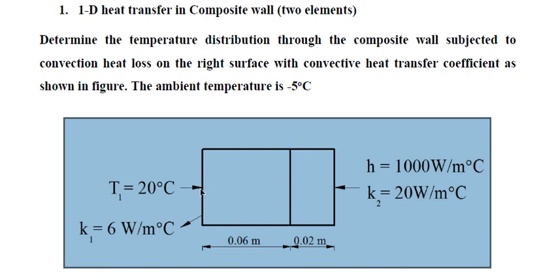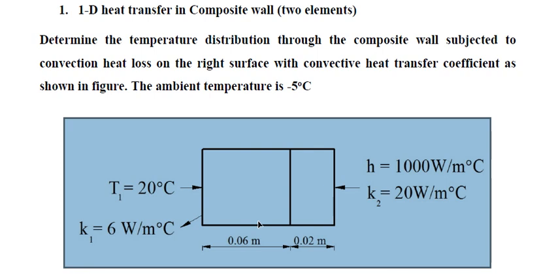Now, at this point, temperature is given as 20 degrees centigrade. This means the boundary condition type is a specified temperature boundary condition. What type of boundary condition are we dealing with? We are dealing with a specified temperature boundary condition. Here, at this point, we have to find the temperature.